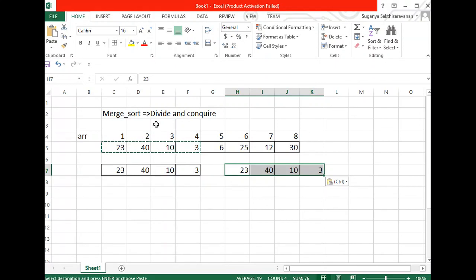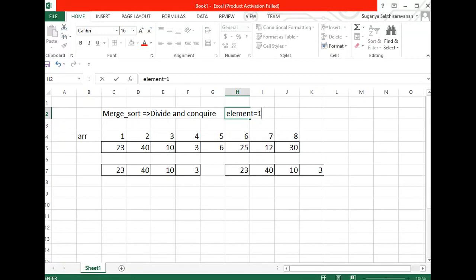As I told you, we are going to consecutively divide the array until each element becomes a single element. I'll take this as your lower index and higher index, and dividing gives you this value. You might have a doubt: here I have an equal range, but if the array doesn't have an equal range, what happens? Either your first half will take one value more, or the second half will, depending upon the condition you are writing.